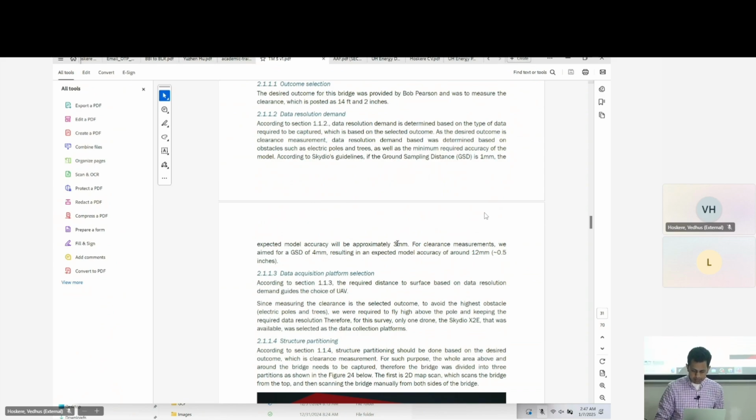The rule of thumb is, whatever your ground sampling distance is, your model accuracy will be approximately 3 times that. Sorry, if you want a GSD of 1 millimeter, then your model accuracy will be approximately 3 millimeters. And so to determine the height,